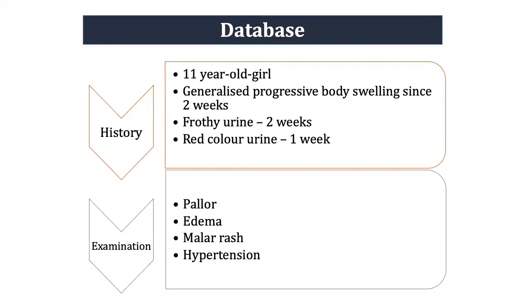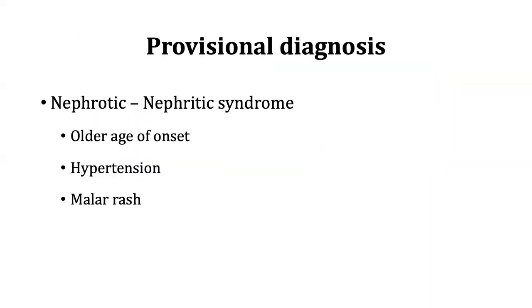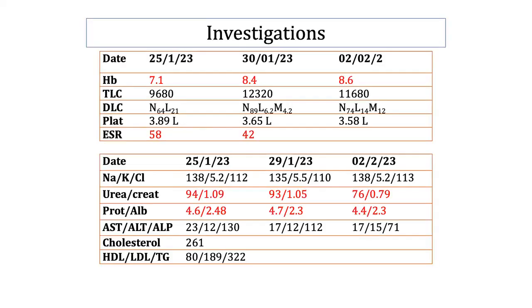To summarize, we have an 11-year-old girl with generalized progressive body swelling since the past 2 weeks, frothy urine for 2 weeks, and history of red colored urine for the past 1 week. On examination, she had pallor, edema, malar rash, and hypertension. So a provisional diagnosis of nephritic syndrome was kept as the onset was of older age. She had hypertension and malar rash. So coming to the investigation of this child, she had a hemoglobin of 7.1 with